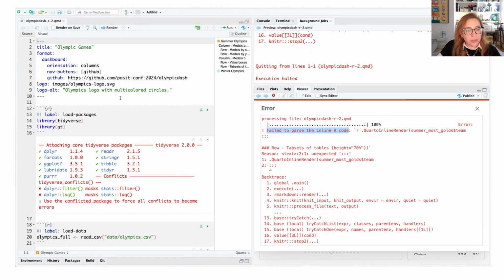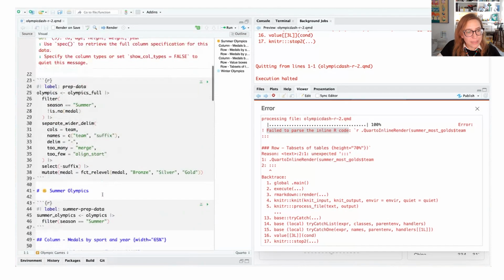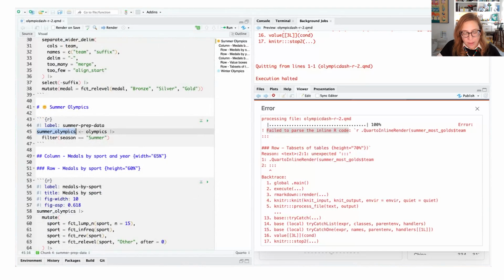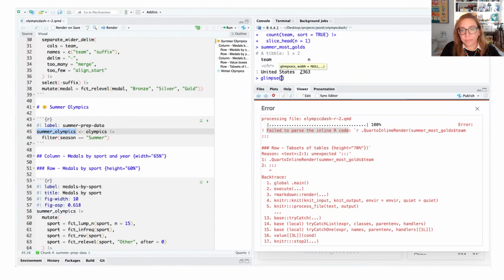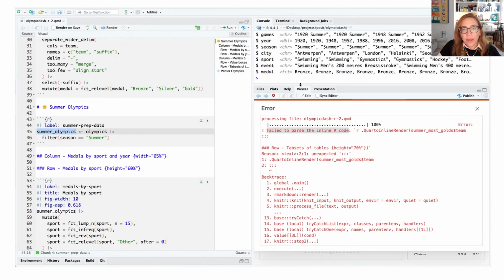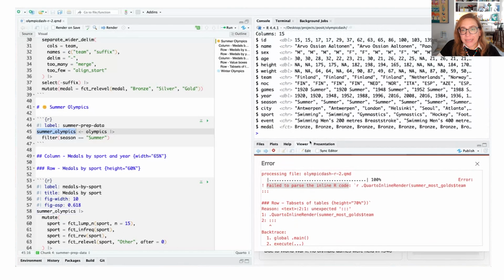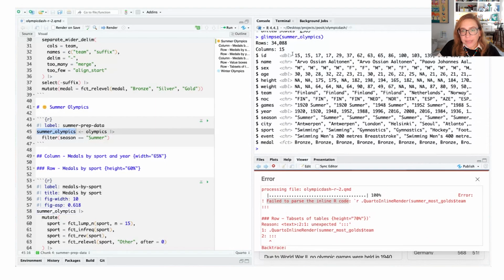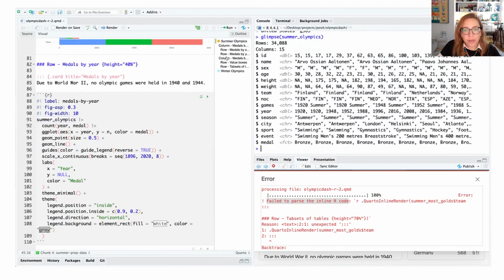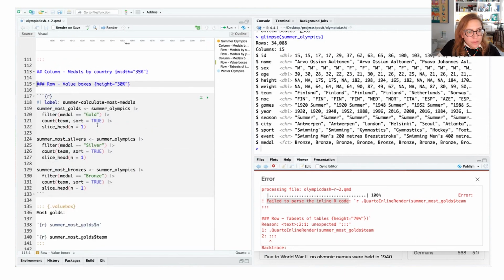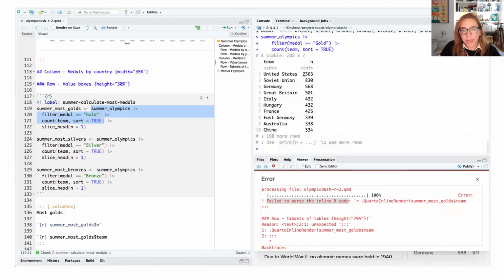So let's take a look at our Summer Olympics data frame. I'm going to glimpse at it. And one of the things I can see here is that when we created this over here, so let's take a look at this output where we counted.